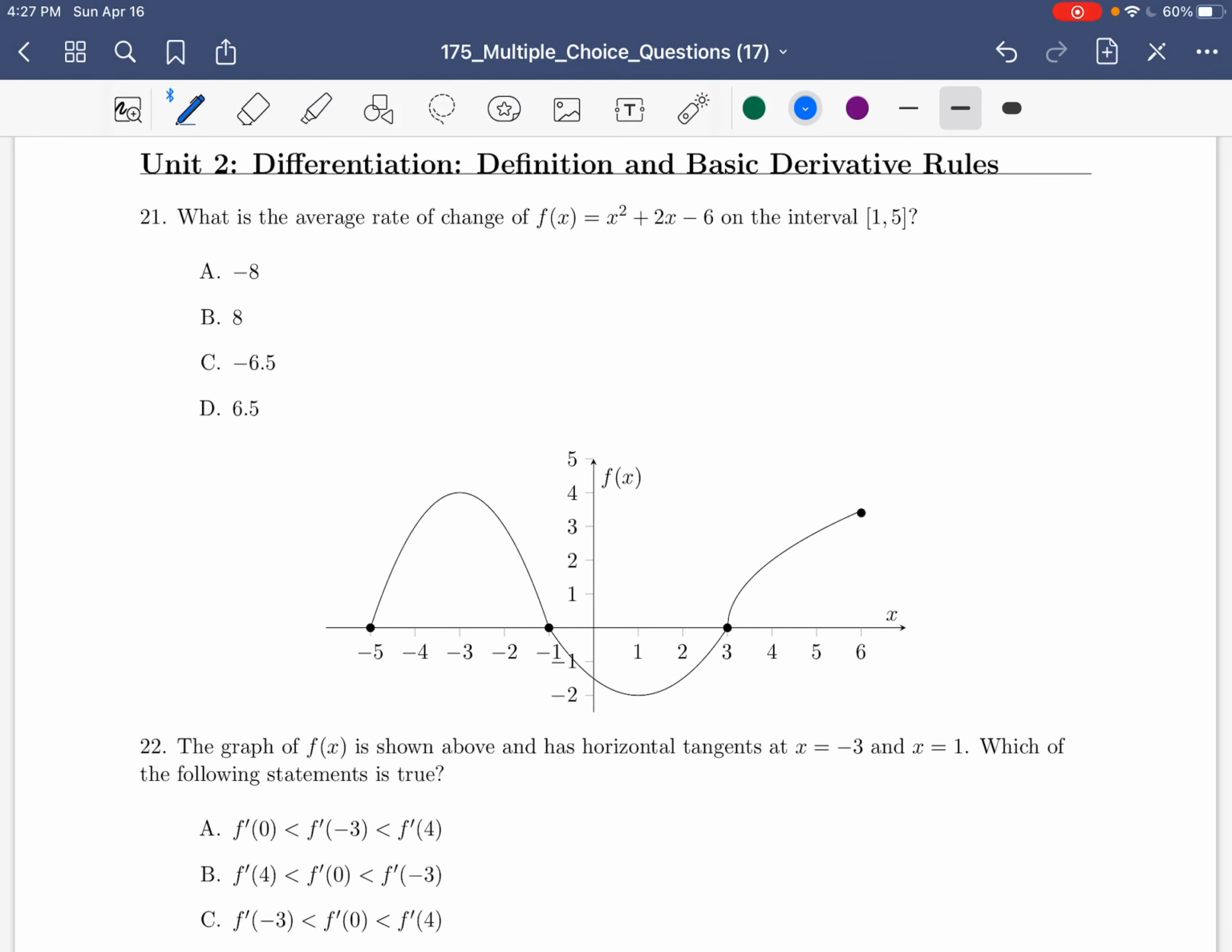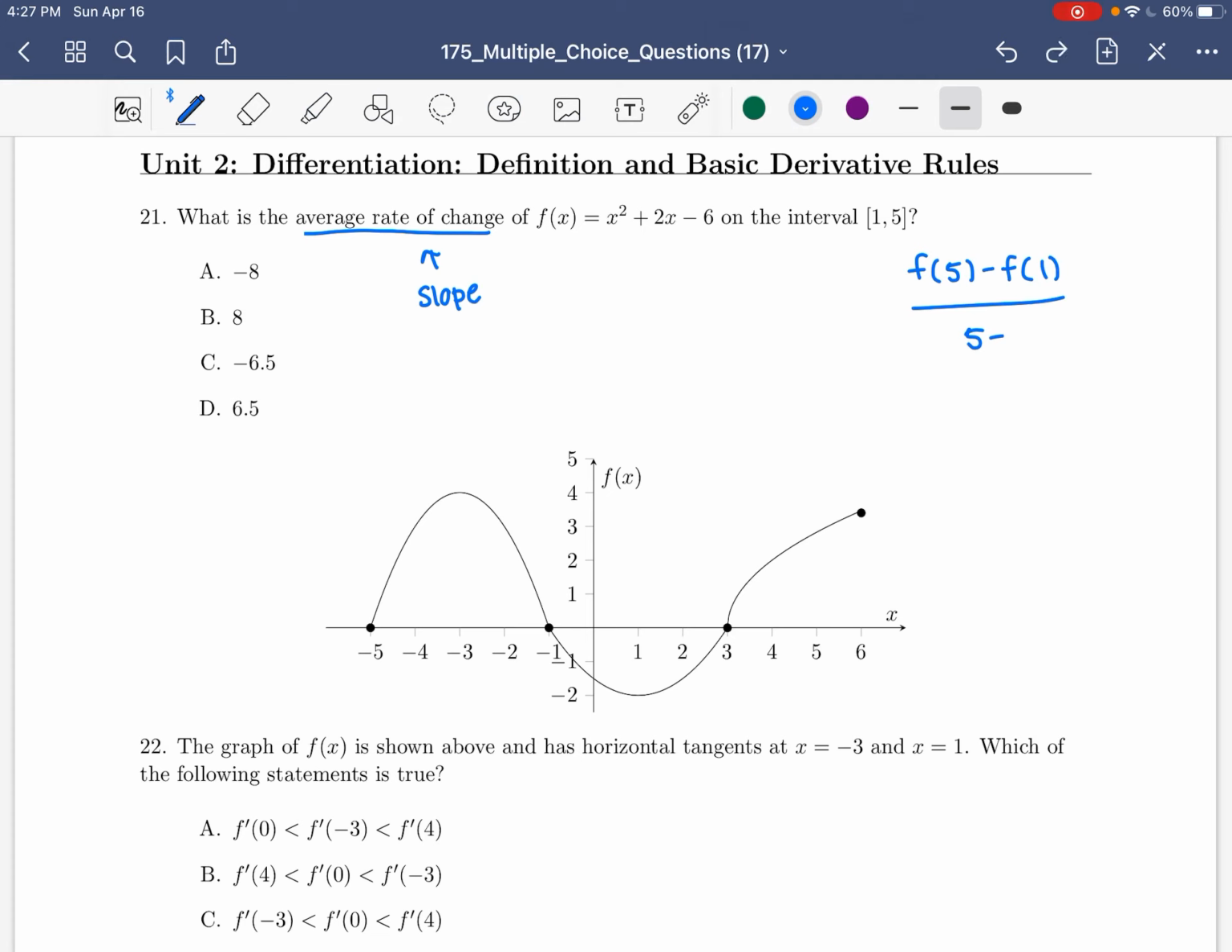All right, now we have unit 2. So this is about basic derivative rules. Number 21 asks us about the average rate of change. And when you see that, you should just think slope. So really what we're going to need is f of 5 minus f of 1